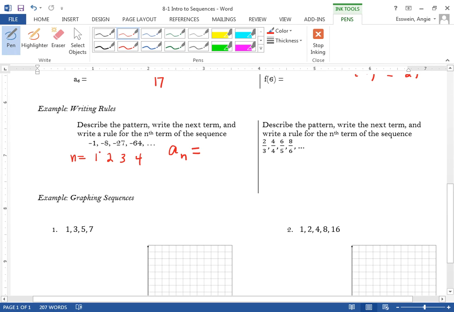So when in doubt, perfect squares are like 1, 4, 9, 16, 25, 36. You should kind of have those numbers in your head. Perfect cubes are 1, 8, 27, 64, right? So it's saying 1 cubed, 2 cubed, 3 cubed, 4 cubed, right? So the formula is n cubed, but then we can tack on a negative in front, and so that will